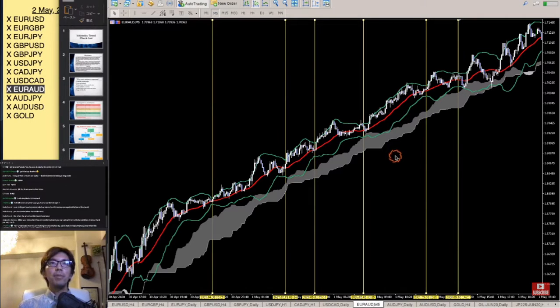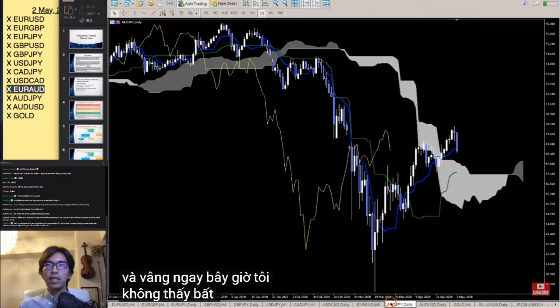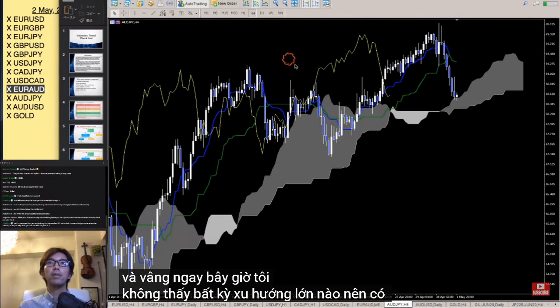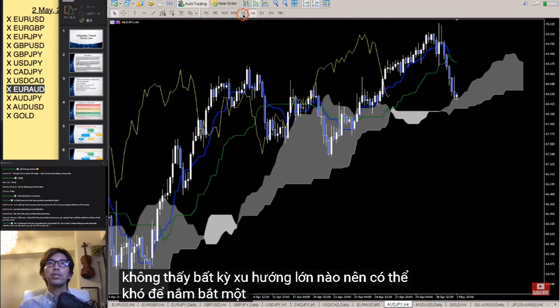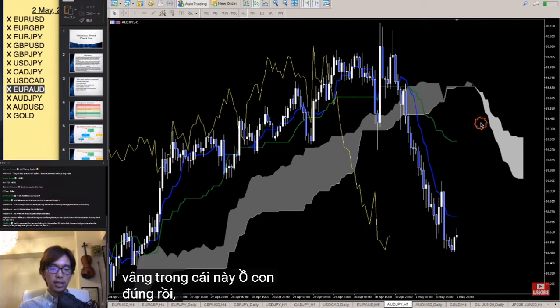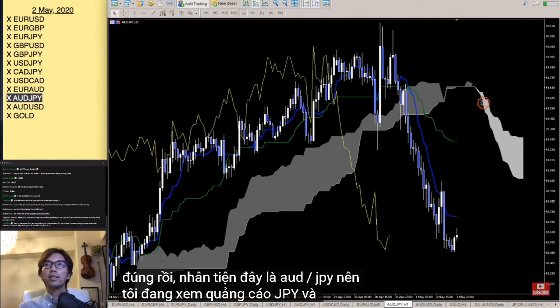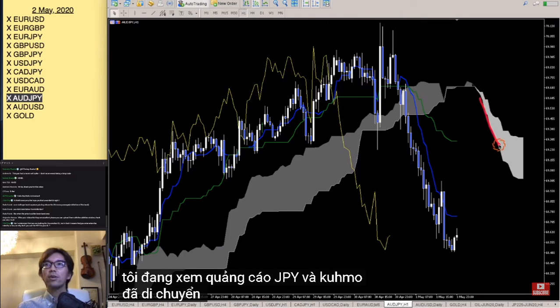So yeah, let me take a look at another example. Right now I don't see any big trend, so it might be difficult to capture a great example. In this 1 hour chart, this is AUDJPY, by the way. So I'm looking at the AUDJPY, and the Kumo was moving down, but now